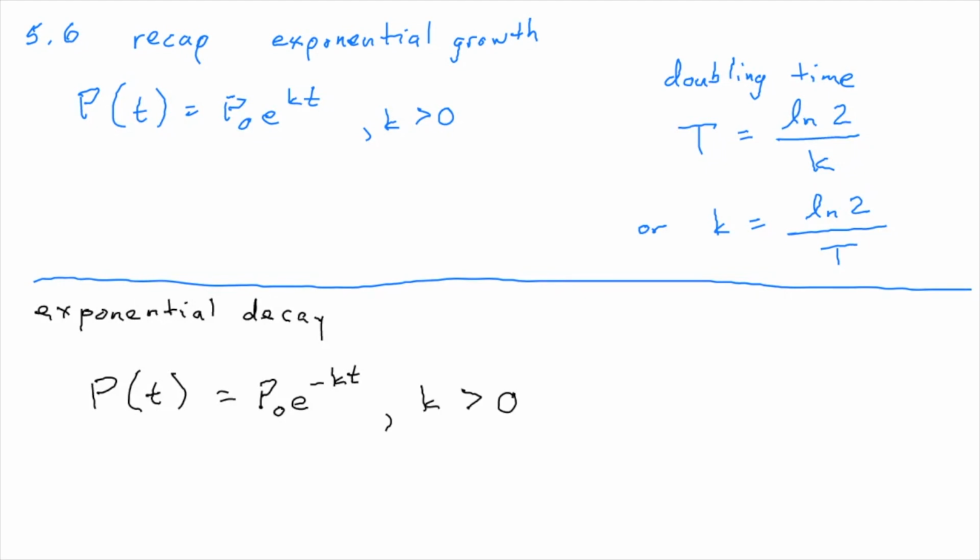I have to pause for a second. I think this is stupid. Why don't you just make k negative and then you have the exact same formula? You don't have to memorize two things. Yeah, but one is growth and one is decay. Yeah, that's why decay is negative. So this is the way the book does it. I will write that, and I don't need to write out my version. My version has k being negative, and then you don't need the negative, and it simplifies your life somehow. I don't know how. Maybe it doesn't.